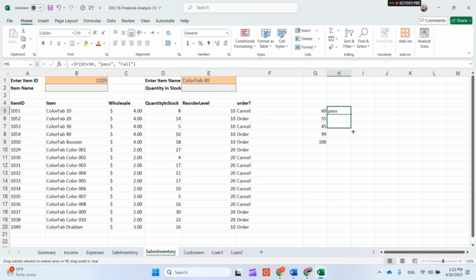Yeah, it worked. And then autofill. So all the students passed, but this one did not pass because 45 is not greater than 50. So this is the IF, and your professor will show you more and more examples for IF. In the third part